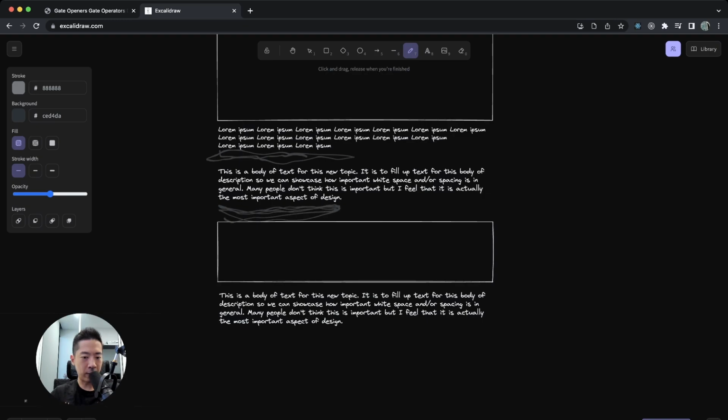Not to mention that we have some spacing between this text and this image. So it's very important to give your UI some breathing space, especially for various parts of your UI, to make it look more professional. And that leads us to the next point, which is